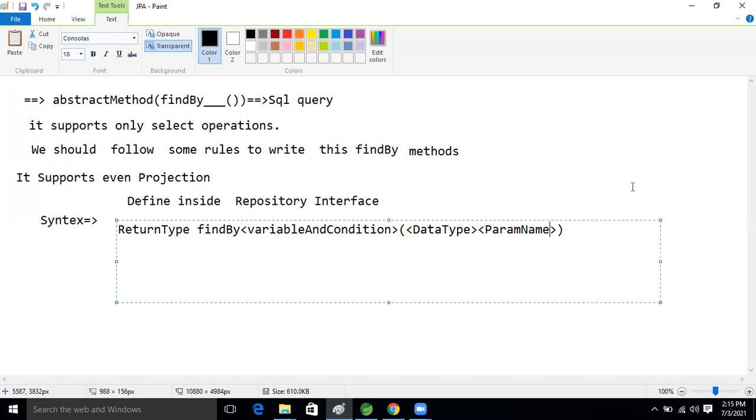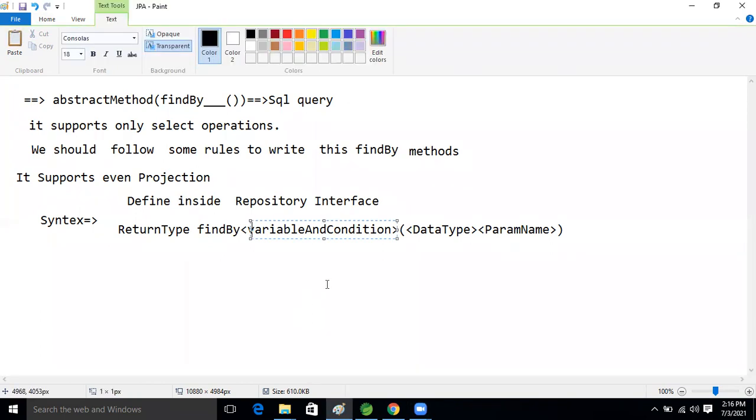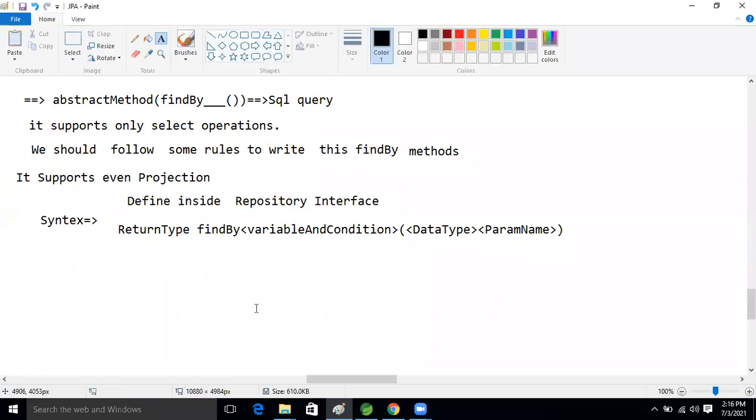Okay, good. So let's write one example here first, and then we will understand. Whenever we start the practical, we will get a clear picture about this. Then we will do the practical and everything will be clear in our mind, so at the time of practical we will not face any issue.